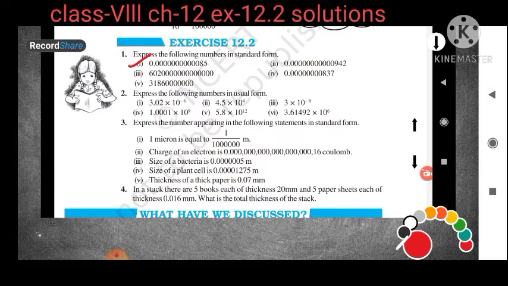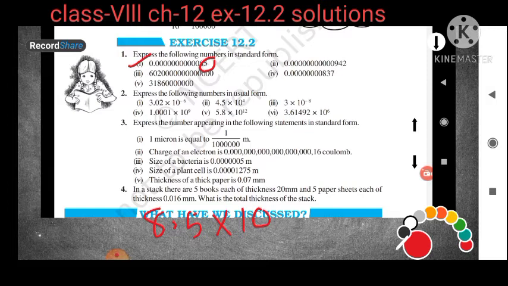Now you can see one decimal is here, isn't it? Now what will you write? You will write 8.5. 8.5 means where you can see the number here, the number is 8 and 5, isn't it? So you will write 8.5. You will write only the number, and for the remaining you will write 10 to the power. Now what will be the power here?